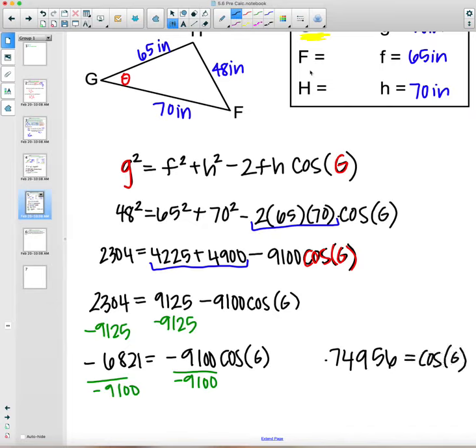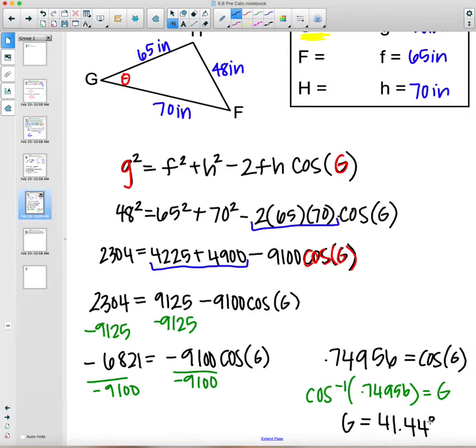To get the angle out of here, remember you do inverse cosine. Okay, so we'll do cosine inverse of 0.74956 to get what G is. Make sure your calculator is in degree mode. Do cosine inverse, and you should get that G equals